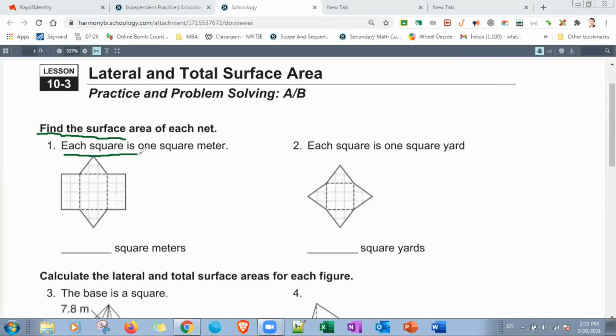Each square is 1 square meter. So when we're looking for the area, it's a two-dimensional object. How big that is is called a net. How big this net really is. Or think about if you open a box, how big the box really is. And that looks like